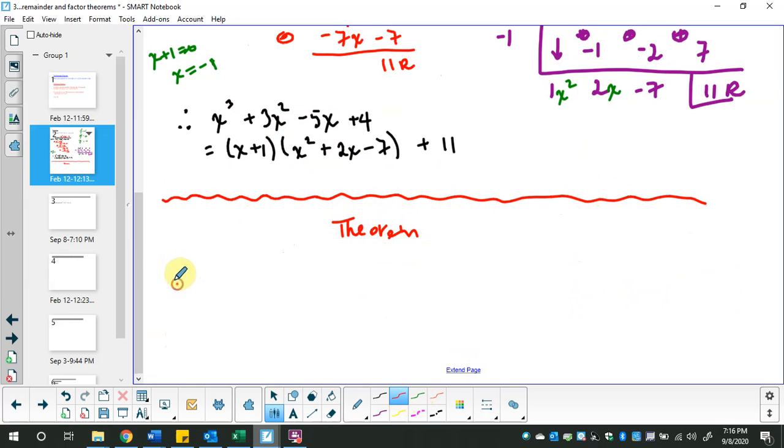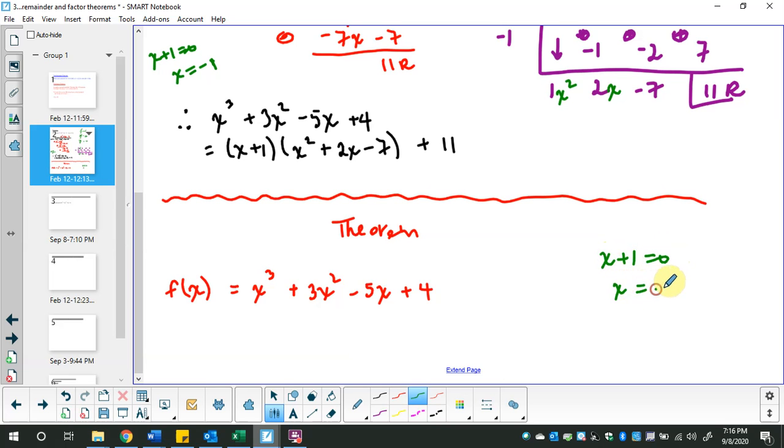First step is you have to take the dividend and call it something. So we're choosing to call it f of x. You could call it g of x, h of x, p of x, q of x, whatever your choice is. But what that does is it lets you take the divisor, set it equal to 0, which I already did in the synthetic division, solve, and put that number in for all the x's. Now make sure you do it with brackets, ultra important,